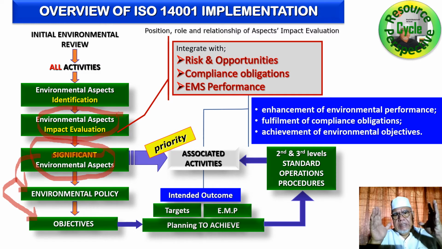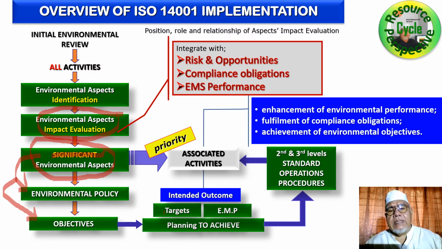It's a holistic target, literally. Where are we bringing our company, our organization, our institution in terms of environmental management? That's the objective. And then from this objective, we start to do planning to achieve. We start to develop targets, environmental targets, and environmental management program, because this is what is termed as the intended outcome in the ISO 14001 version 2015. And in the intended outcome, based on this new standard, must include our objective, our target, in other words, and our environmental management program must get into a direction which is